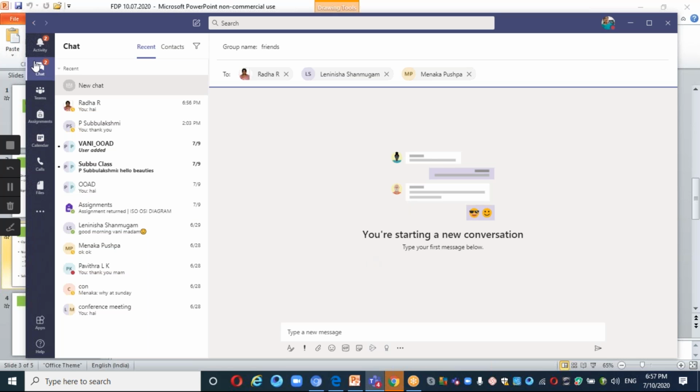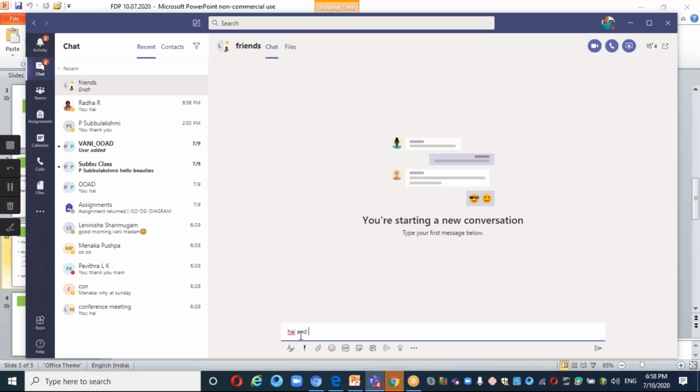You have to move on to chat. Go to the chat symbol at the top. Just click that. You'll find the name here. You previously would have found something called an arrow mark symbol here now. Just click that. After clicking that, you'll find these 2 rows which have been created. The top row will be your group name. For a group of people whom you're going to send to, you're going to give a group name. I'll give it as friends. Select whomever you're going to send the message to. I have added 3 persons now. I'm sending the messages hi and hello. Click send.